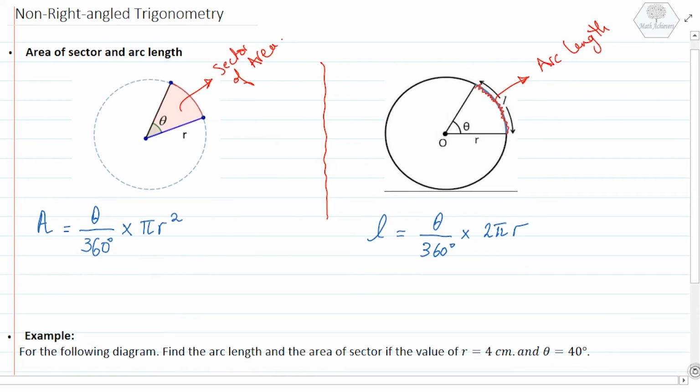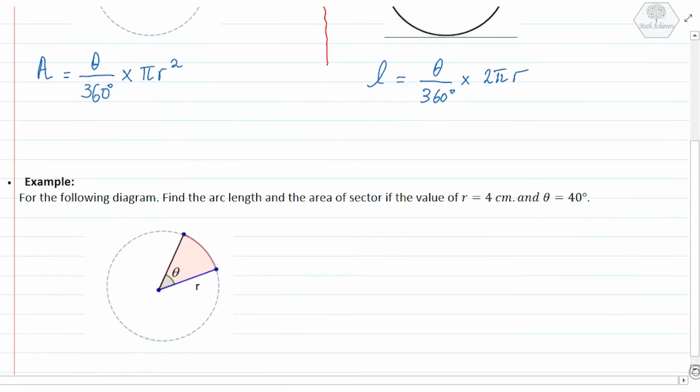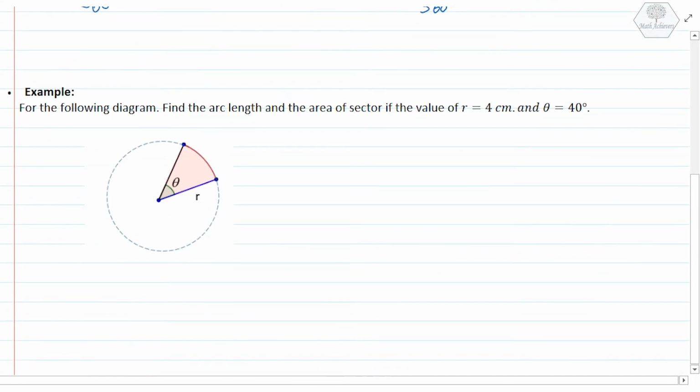Let's have an example now. For the following diagram, find the arc length and the area of sector if the value of r is 4 centimeters and theta is 40 degrees. Let's find out first the arc length. L equals theta over 360 times the circumference of the circle, which is 2 pi r. So the arc length is theta, which is 40, over 360 times 2 pi times r, which is 4,